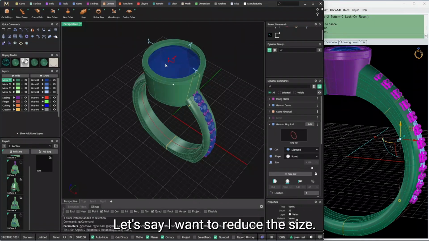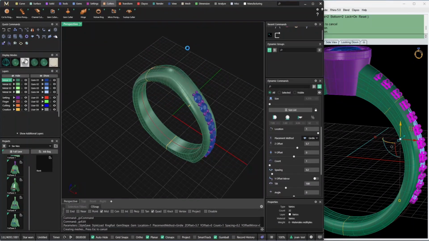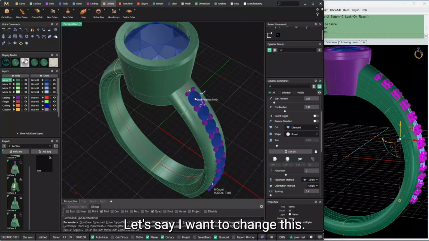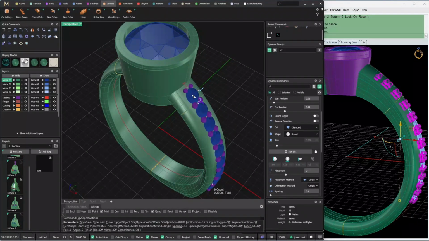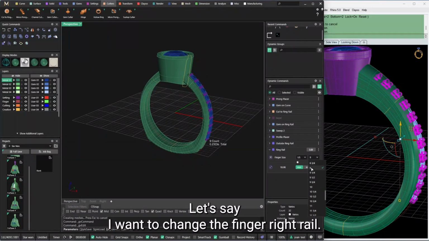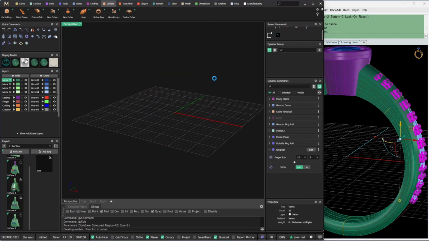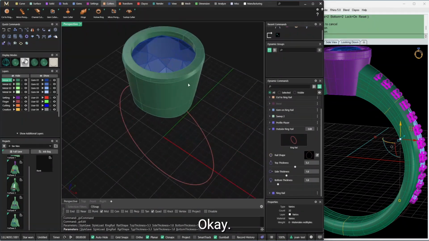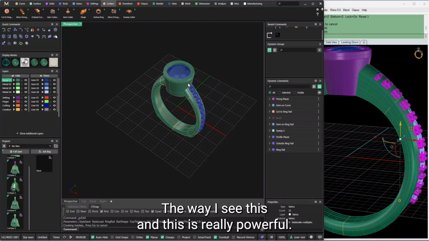Let's say I want to reduce the size, done. Let's say I want to change this, done. Let's say I want to change the finger rail, done. And let's say I want to change this again. Okay. The way I see this, and this is really powerful,